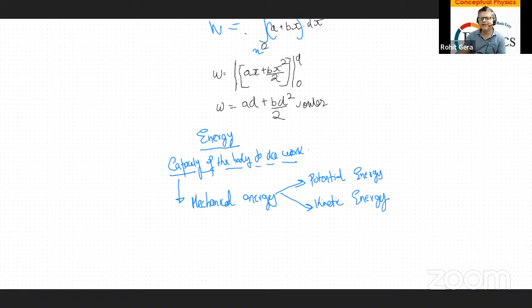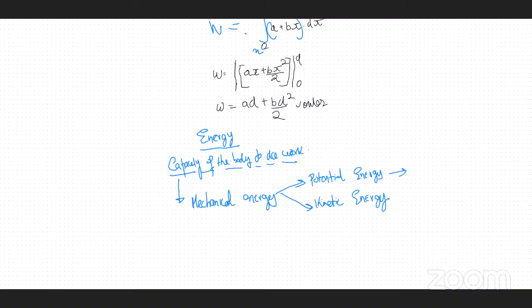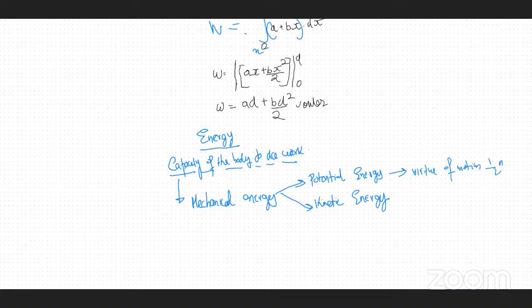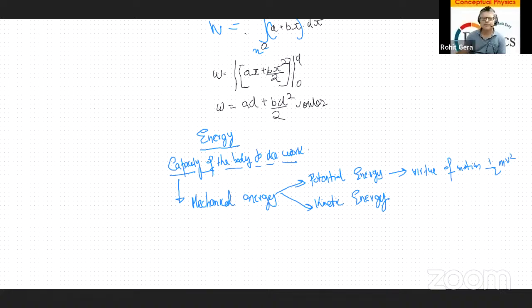What is kinetic energy? The energy possessed by a body by virtue of its motion, which is velocity, half mv square, right? The, sorry, ये kinetic होती है. Let me just interchange them. So, motion की वजह से it's kinetic. Okay? The energy which is possessed by the body by virtue of its position, like ground से कितनी ऊपर